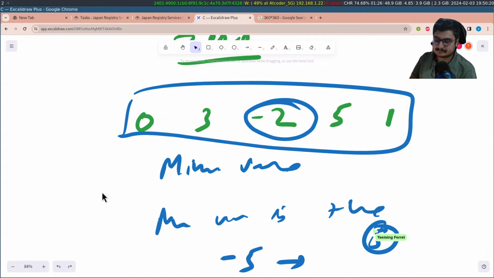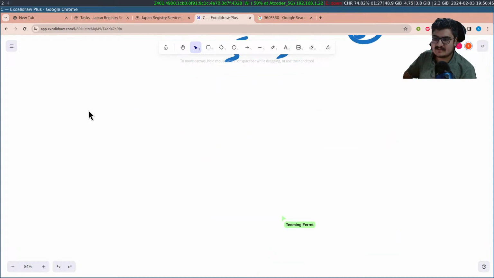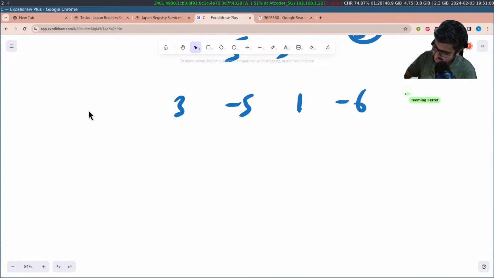And if the minimum value is, let's say, 10, then you definitely cannot assume that there are minus 10 people in the starting. You have to assume that there are 0 people in the starting. So this is one way to solve this problem. The other is you start by assuming that there are 0 people in the bus, and whenever you reach a negative number, you change it back to 0 by assuming that this many extra people were there. So, 3, minus 5, let's say you have 1, minus 6, 7. These are the values given in the input. One way is